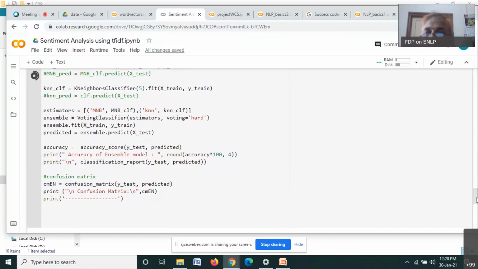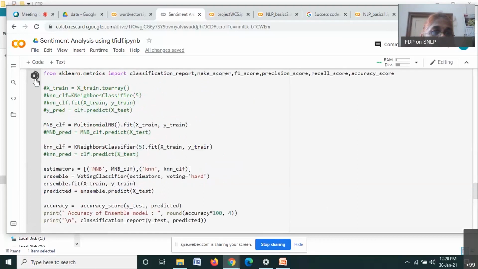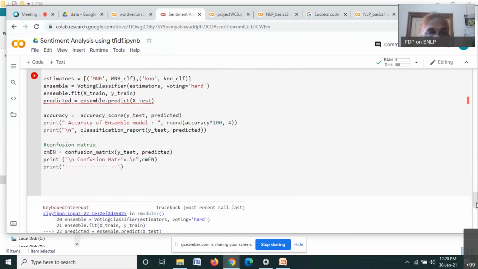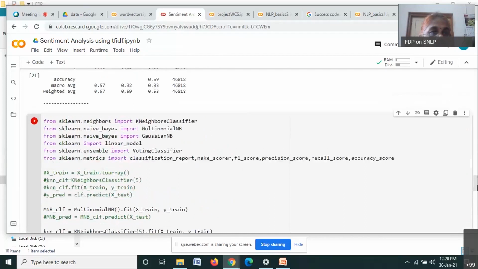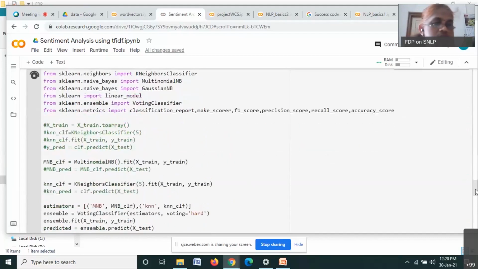I think it is taking time. Okay, it's keyboard interrupt. Let me check once again if it gets fine. Otherwise, we'll move on to the next one. And I can show you the result even later on.